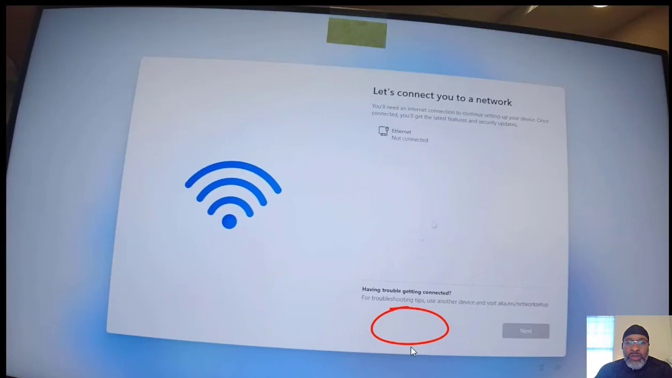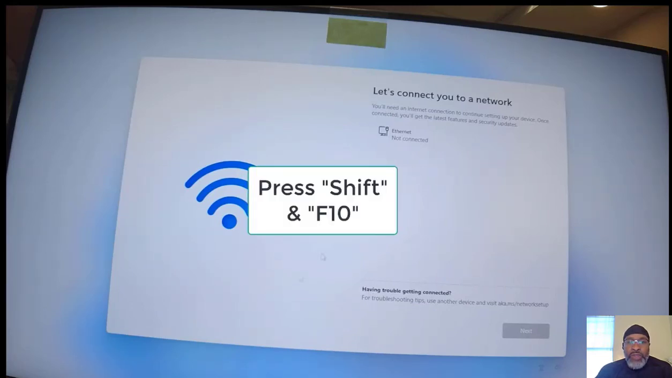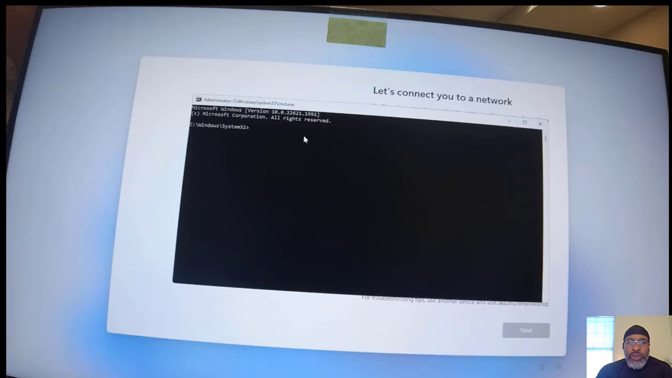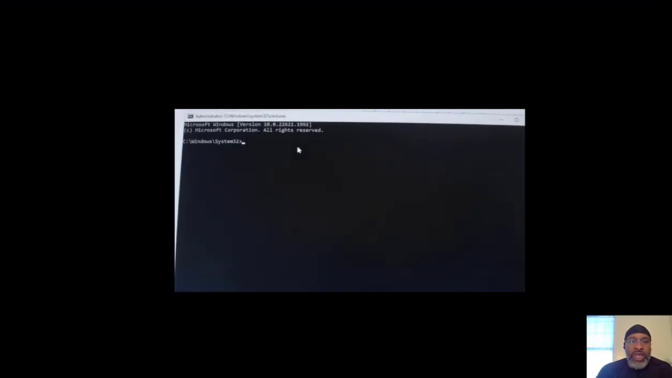So basically what you're going to do here is when you get to this screen, you're going to hit Shift F10, okay? You're going to press Shift F10 on your keyboard. Hold down the Shift key and then press F10. After you do that, the PC is going to bring up this DOS prompt. If you're an IT guy, you know the DOS prompt, or they call it command prompt nowadays. And on this command prompt window, you're going to type in